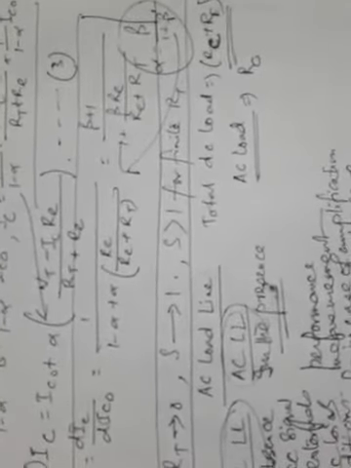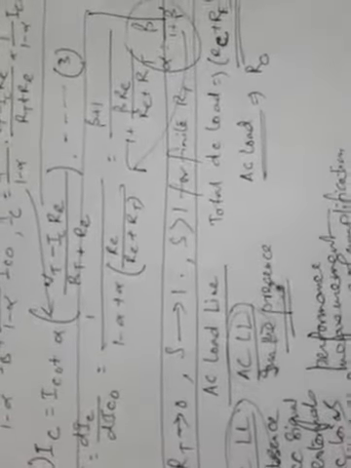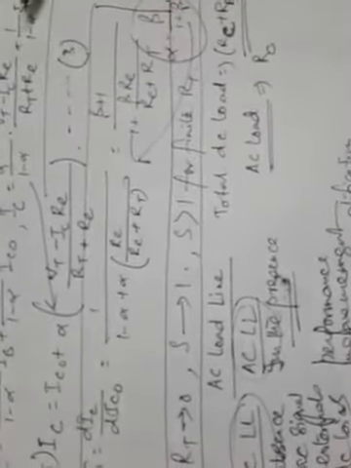When no signal is applied, the transistor voltage and current conditions can be indicated by the Q point on the DC load line, and you know how to do it. When an AC signal is now applied, the transistor voltage and current may vary above and below the Q point. I have discussed with you the operation of the transistor amplifier in CE mode, and there you have seen that along the load line the Q point may vary as per the variation of the input AC alternating signal.